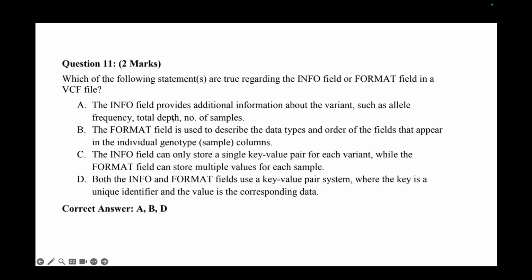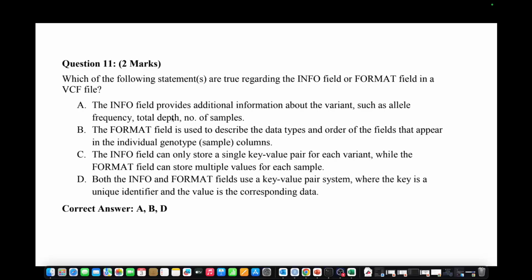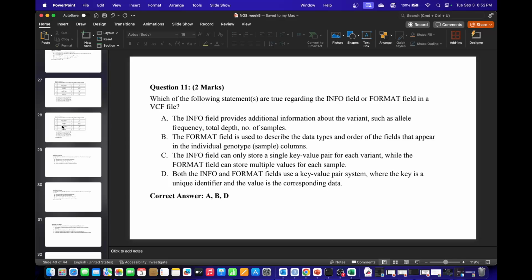INFO will have additional information about the variant, allele frequencies, and everything I showed you in the example. FORMAT is used for the data type, and if GT, it will be written as GT for the genotype, and the genotype will be given there as well. And the INFO and FORMAT fields will use a key identifier. Actually, this identifier that I was talking about here,